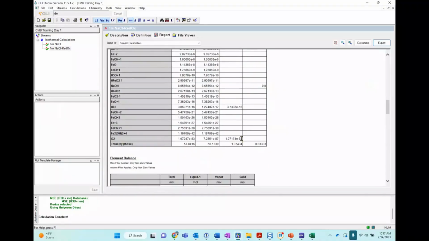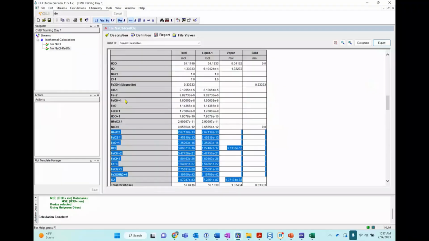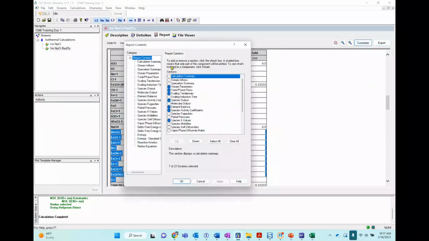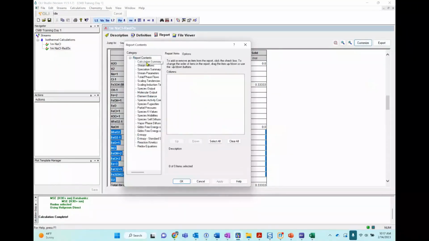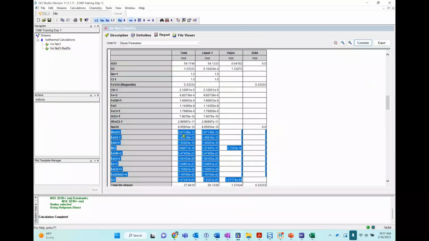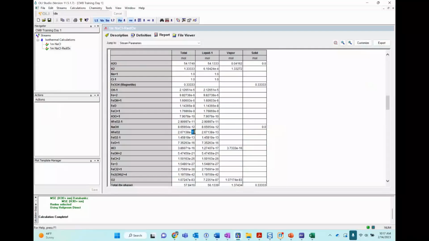These values down here that you see that are so low, I think that you can customize them. I'm not positive, but I think in some cases you can reduce the amount of species, like if this is too low, you can just ignore the species.